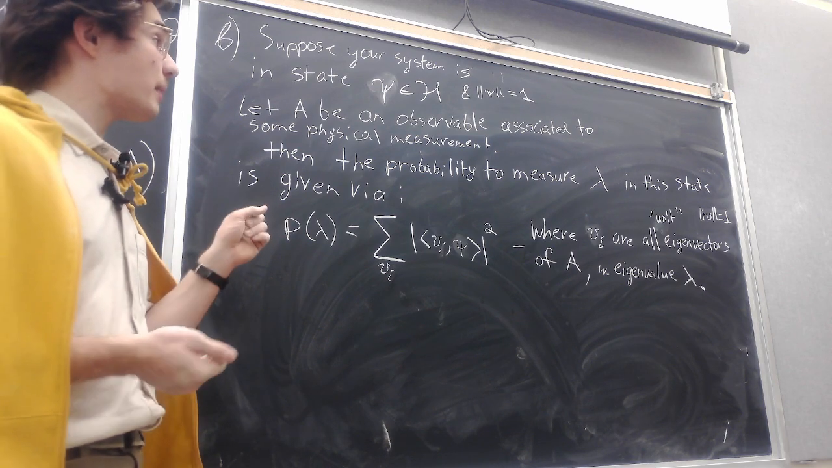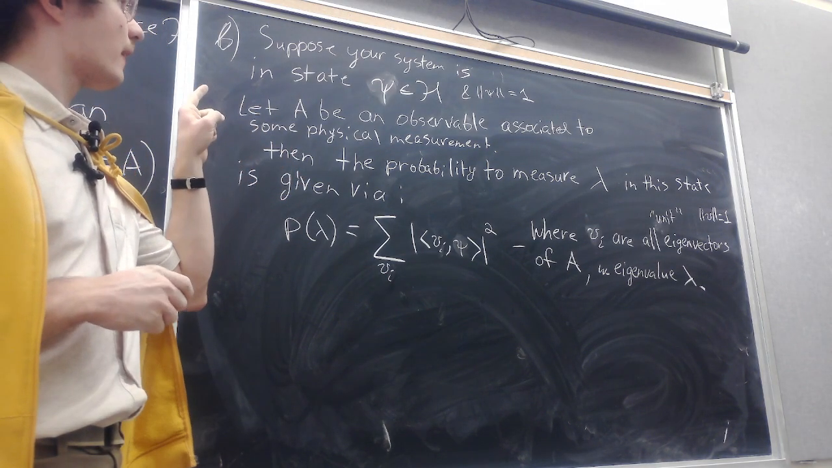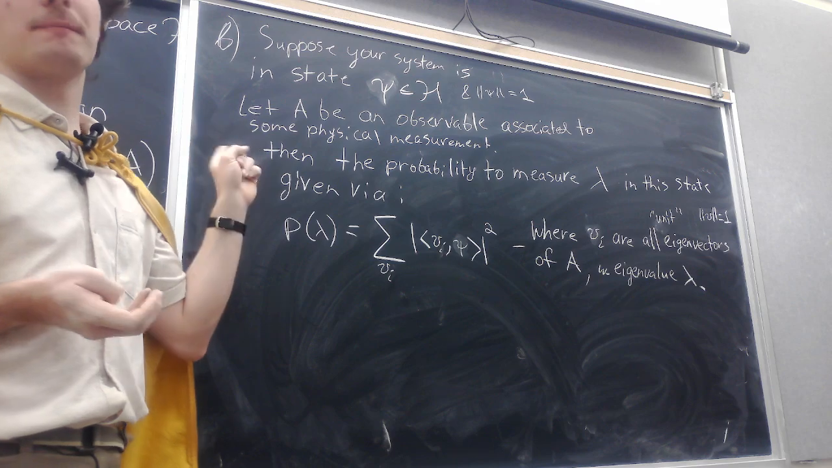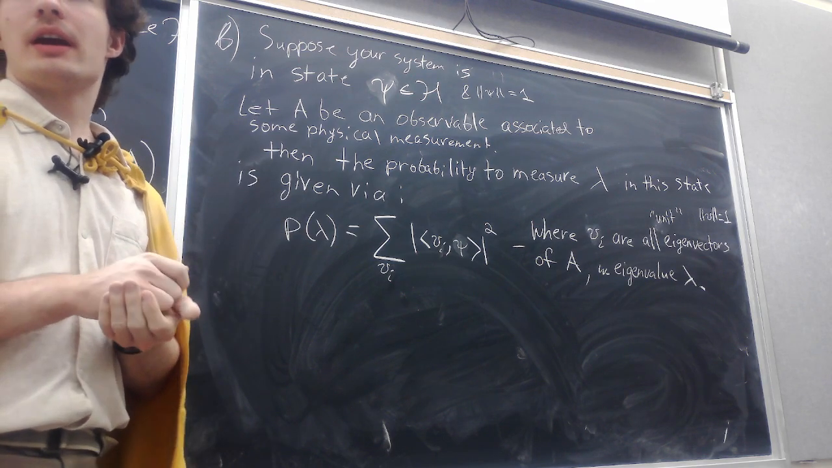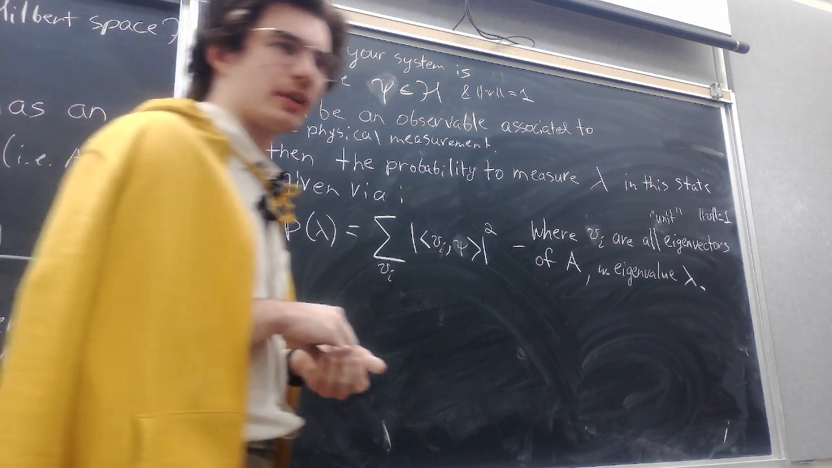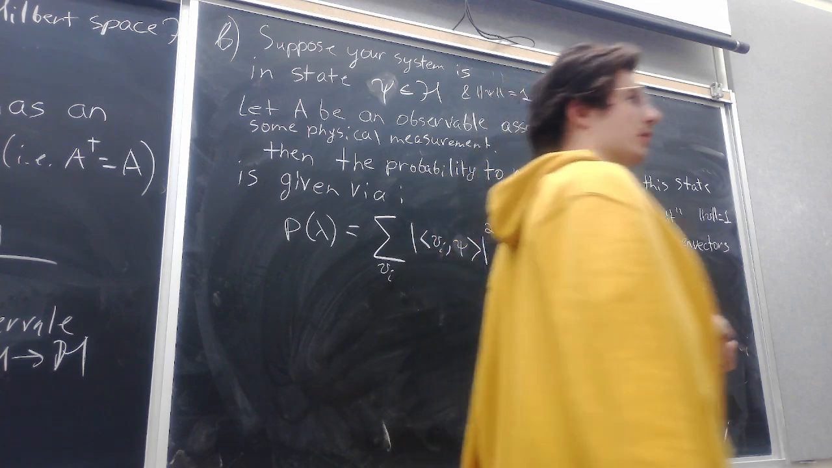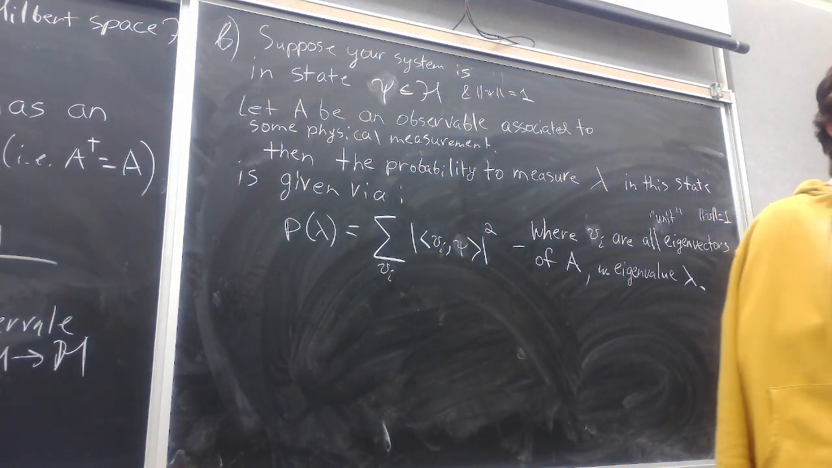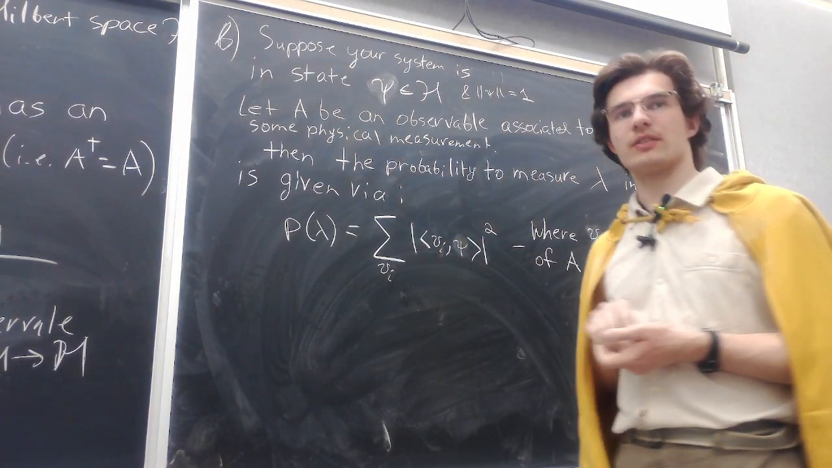Well, remember, this is a self-adjoint operator, and you can show from the exercises that if you have a self-adjoint operator and then you have eigenvectors, distinct eigenvectors, then they have to be